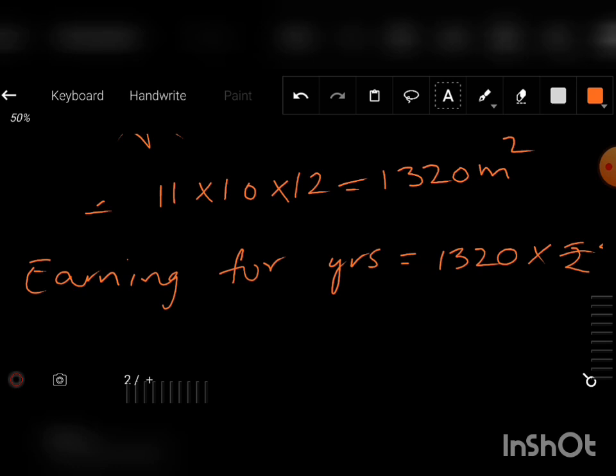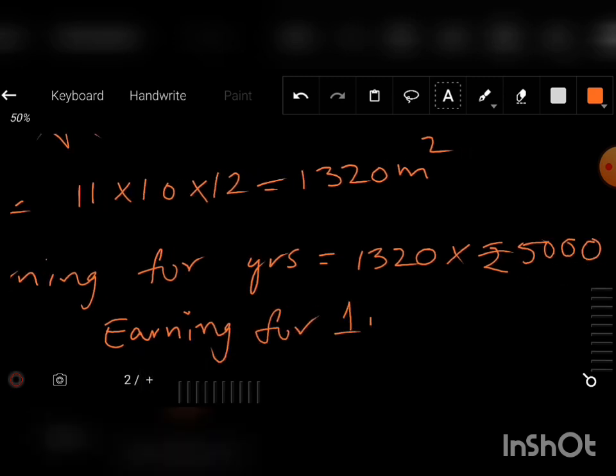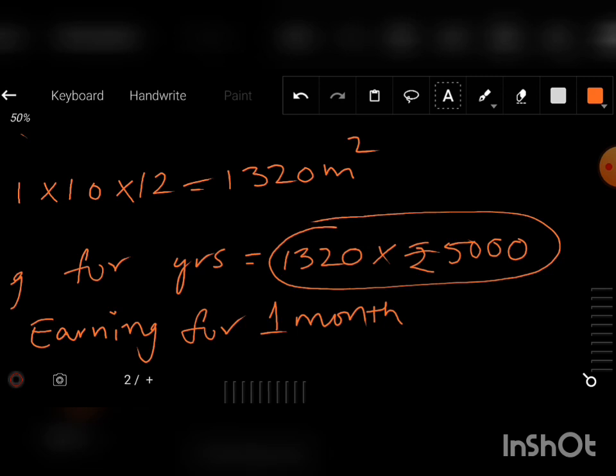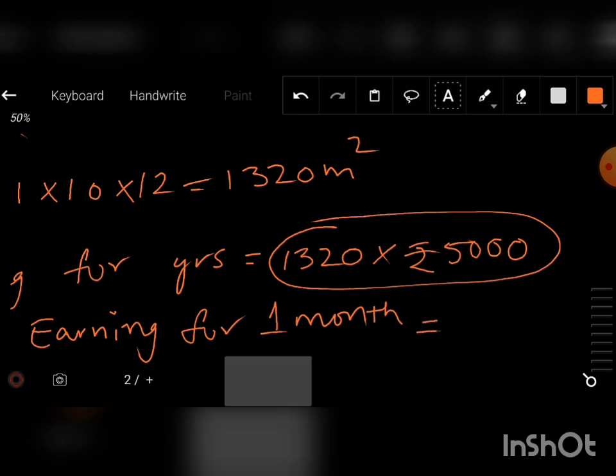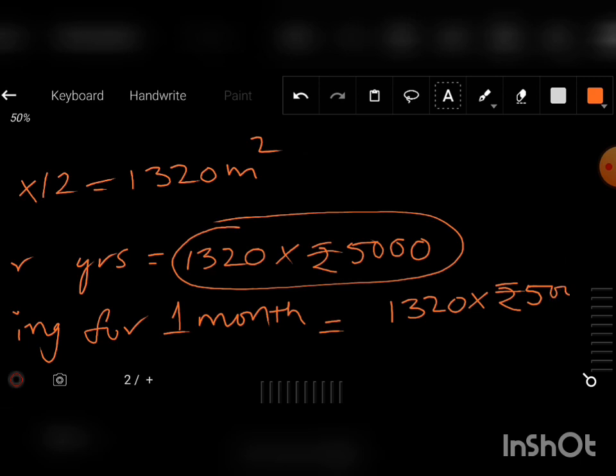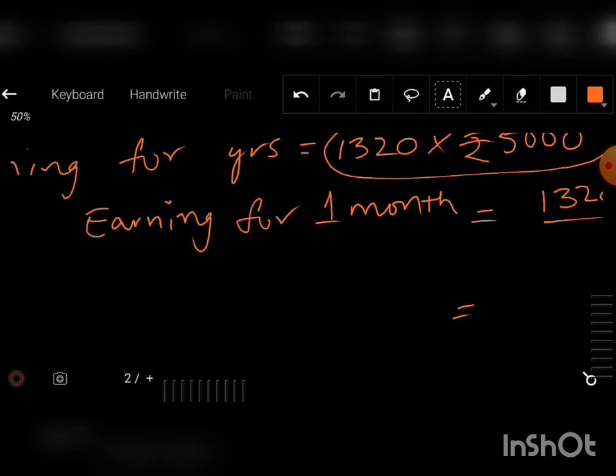Now earning for 1 month equal to, as this is the earning for 12 months, we have to divide it by 12 to get the earning of 1 month. That is 1320 into rupees 5000 by 12, and 3 months equal to,